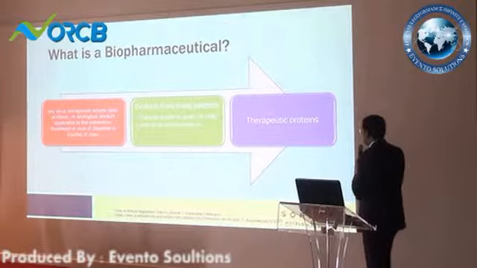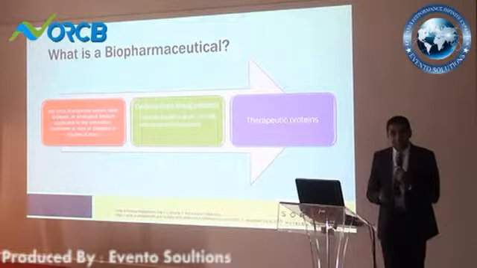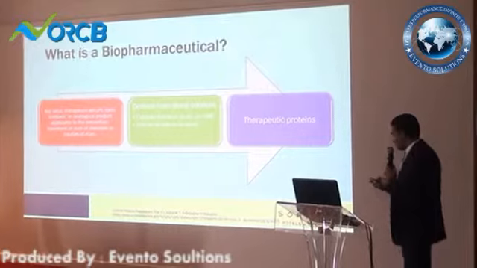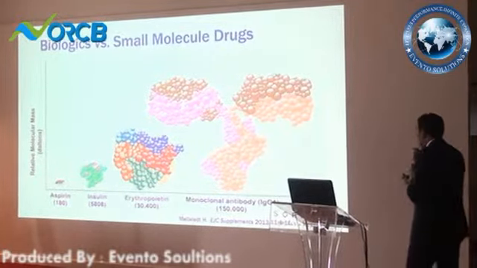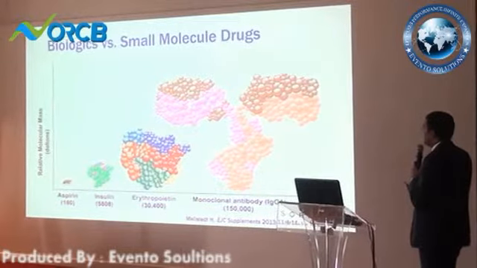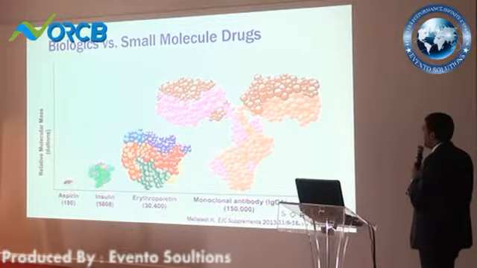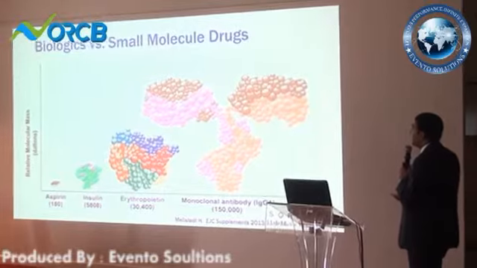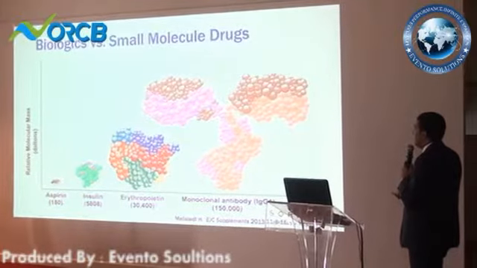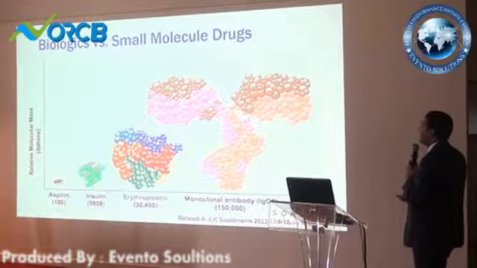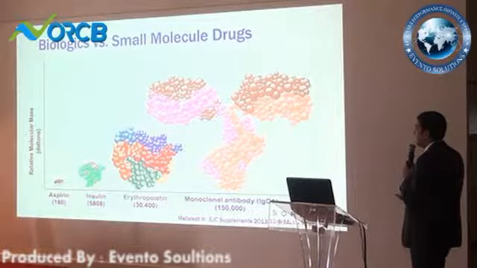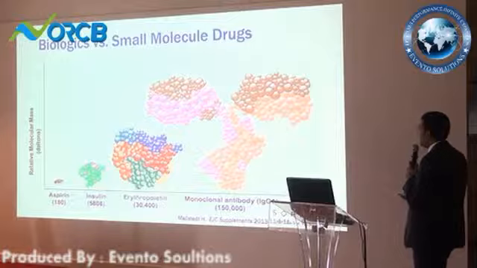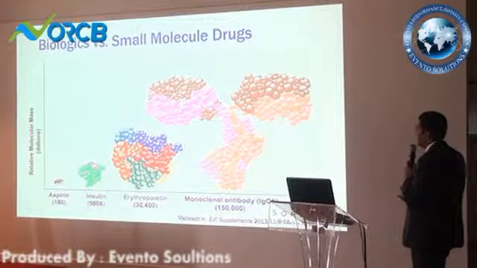Not all the biopharmaceuticals are proteins. They may be derived from carbohydrates, as we will see. If we compare biological molecules versus small molecule drugs, you will find a very big difference in the molecular weight. As an example, aspirin is only 118 daltons, while insulin is 5,000 daltons, erythropoietin 30 kilodaltons, while the monoclonal antibodies,